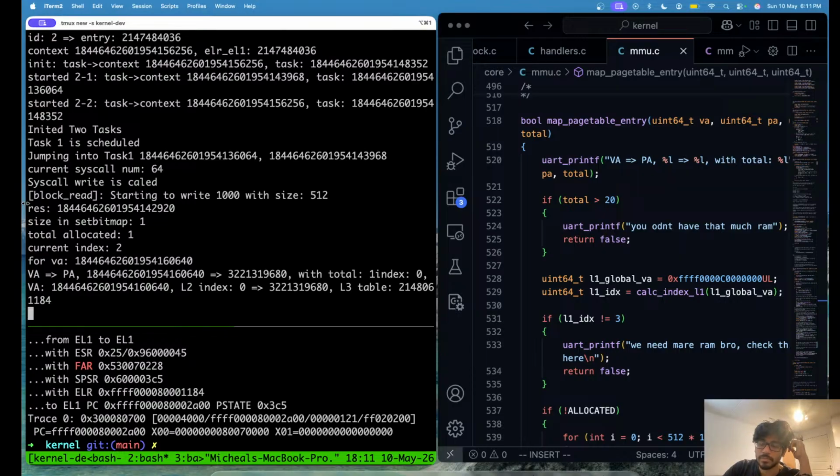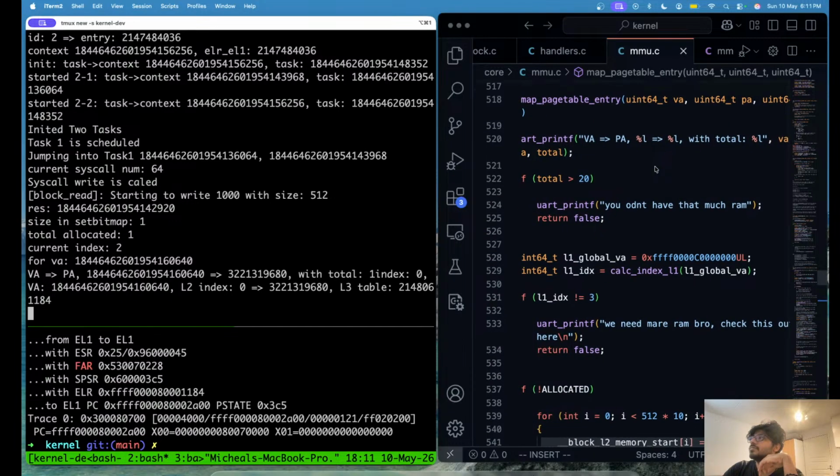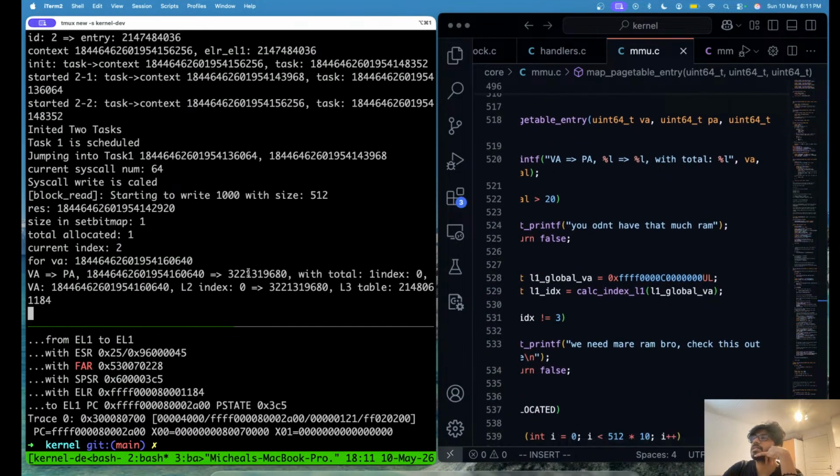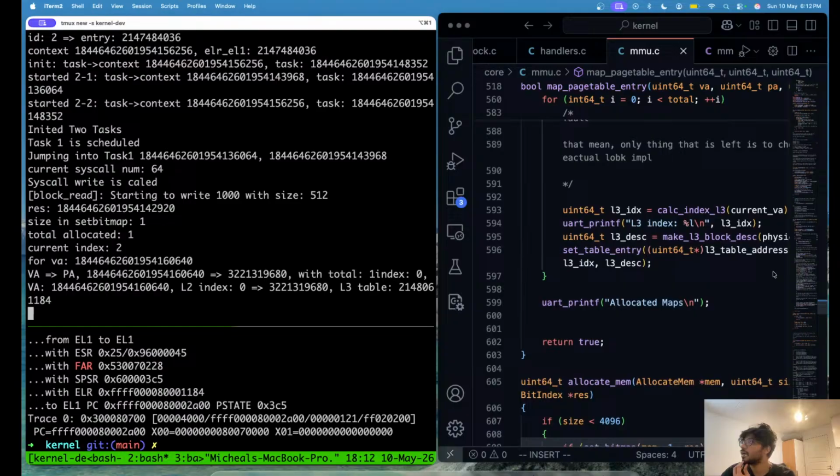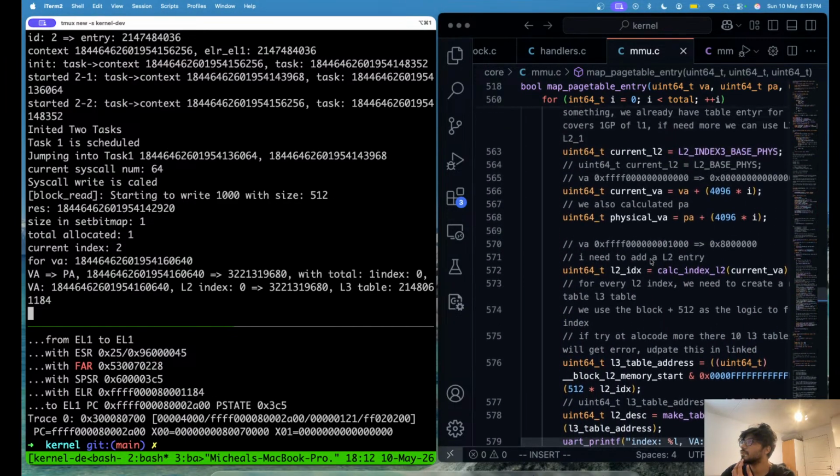Within that we have multiple malloc operations, and in the first malloc operation we were inside it, and the virtual address, we want to convert this virtual address into a physical address, we want to map this virtual address to this physical address in that table, and the total pages we want is just 1, so we are using index 0, and when we finally do that operation around here,